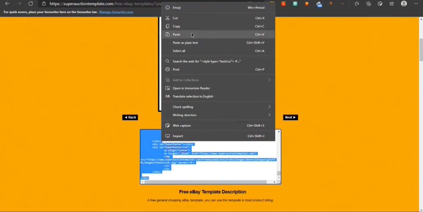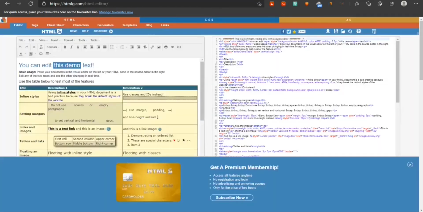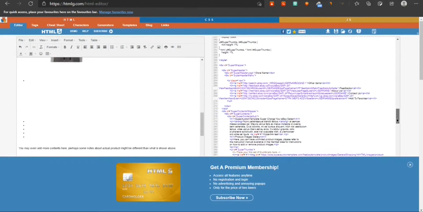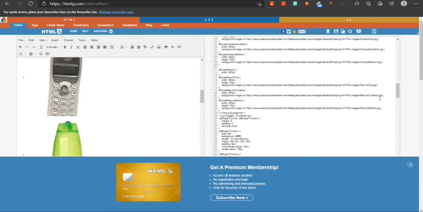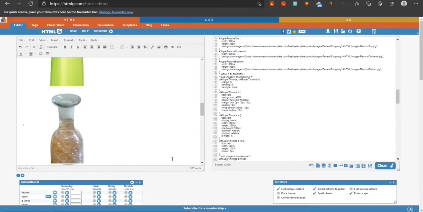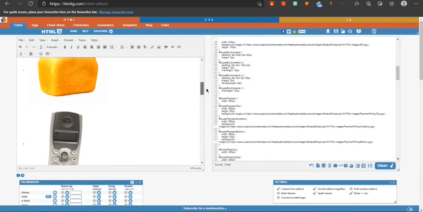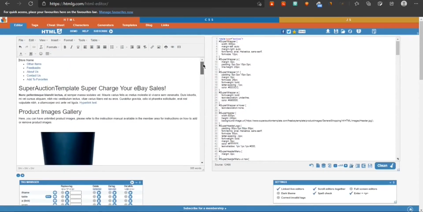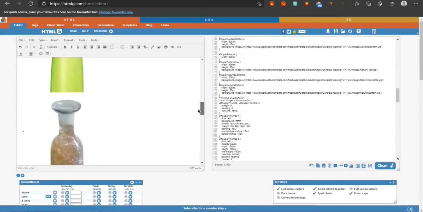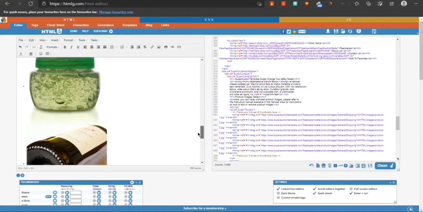Then I have to clear this. As you can see, okay, this template is not working in this site.